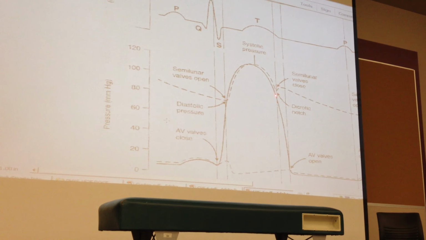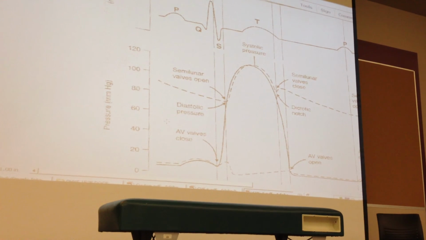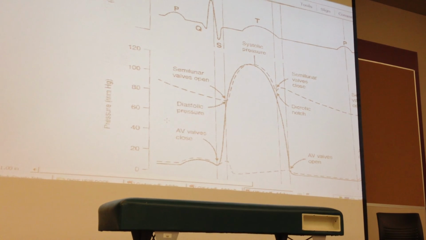As soon as the ventricle starts relaxing, the blood wants to come back because the pressure gradient has been set up right there. The valve will close at that higher pressure only because the pressure of blood in the aorta is much higher than the pressure of the blood when the valve opened. Okay? So the diastolic pressure is the pressure that needs to be overcome to begin ejection.